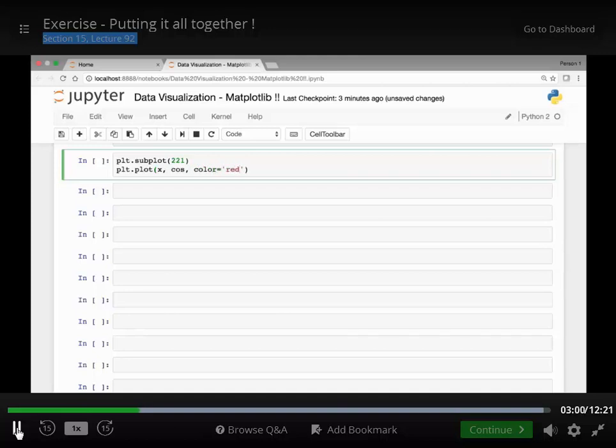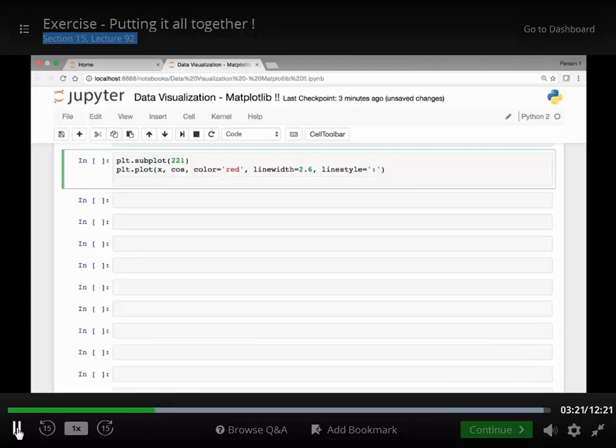For color, let's pass red, and we have the line width attribute. Let's set it to be 2.6. And for line style, we can use any of the 4 line styles we saw in the previous lecture. Let's use colon for the first subplot,